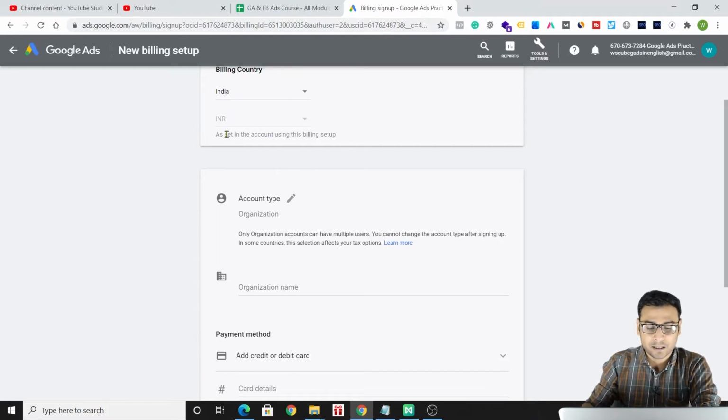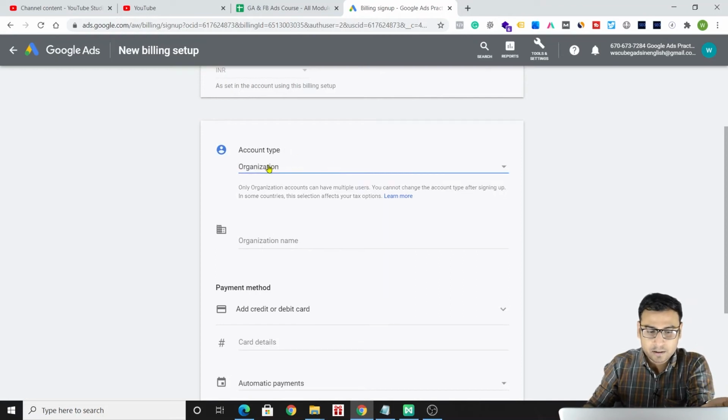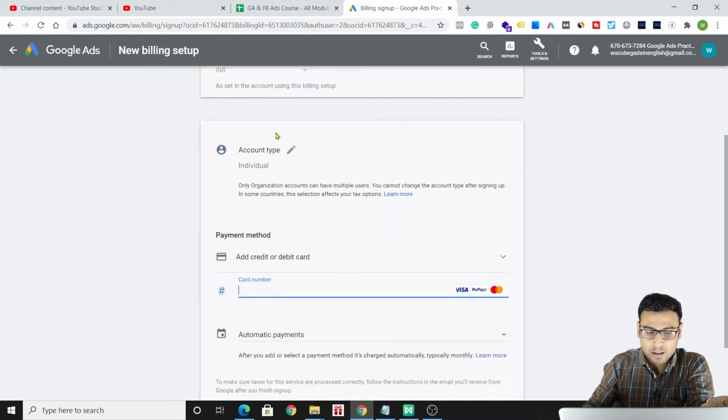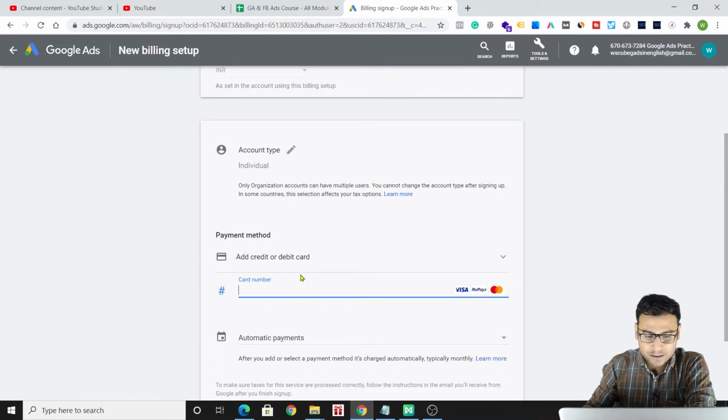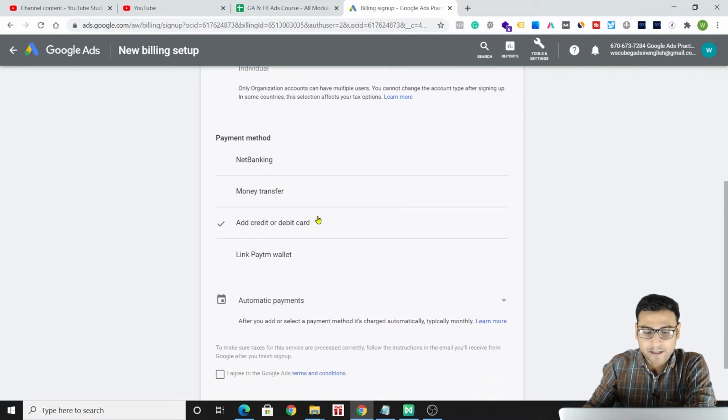That's absolutely fine. Now we have this account type option, so we have to choose between organization and individual, right? If we are an individual, we have these payment options: net banking, money transfer, and add credit or debit card.